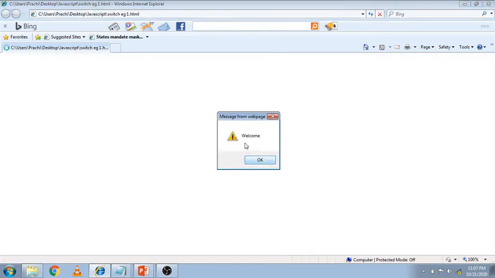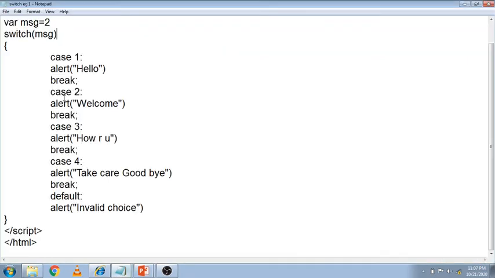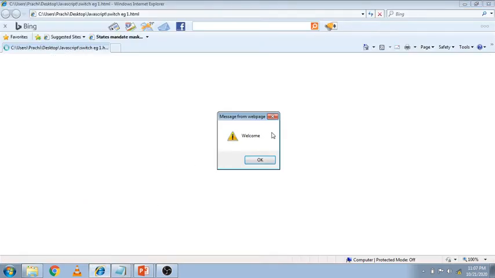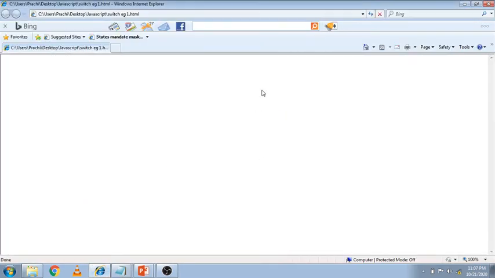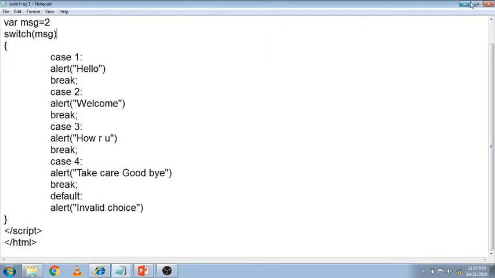So see, this is the second message, msg is equal to 2, so it will print the welcome message. Clear? So this is your switch case 1 example. Now see the second example.